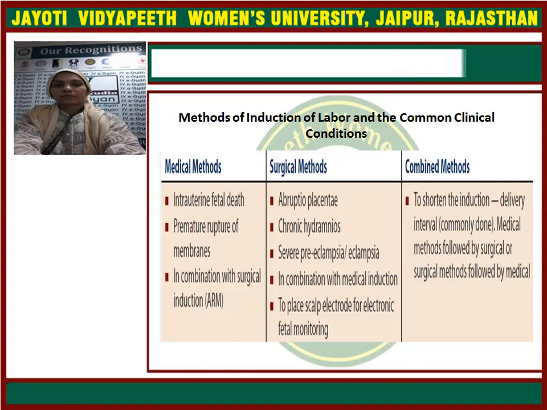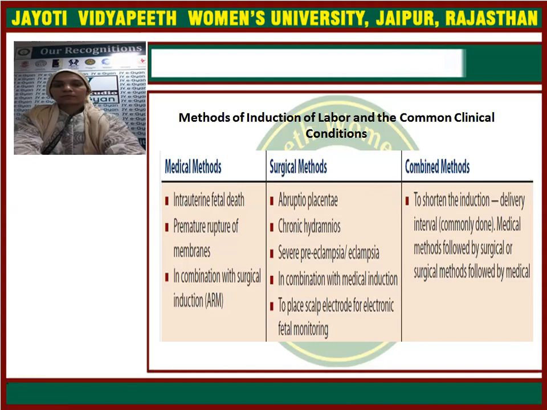Again, intracervical application of dinoprostone gel is the gold standard for cervical ripening. This is important, and it is a frequent question: what is the gold standard for cervical ripening in the induction of labor? It is dinoprostone, and it is generally repeated every 6 hours for 3 to 4 doses as per the requirement of the patient. It varies from patient to patient, and the patient should be kept in bed in a lying down position for 30 minutes after the application of the gel, or whenever the tablet or suppository is kept vaginally.